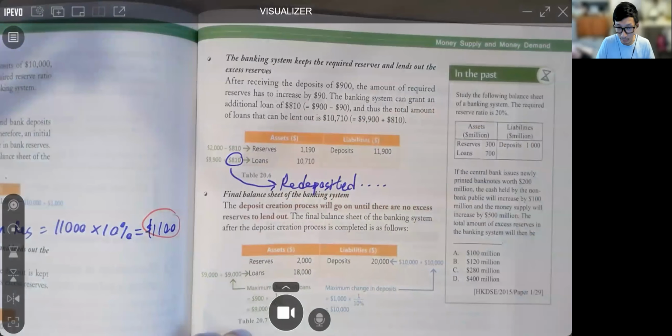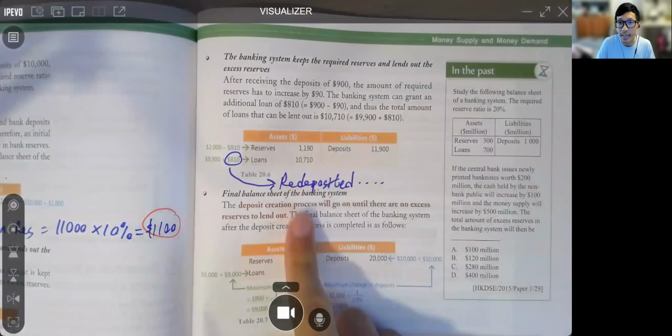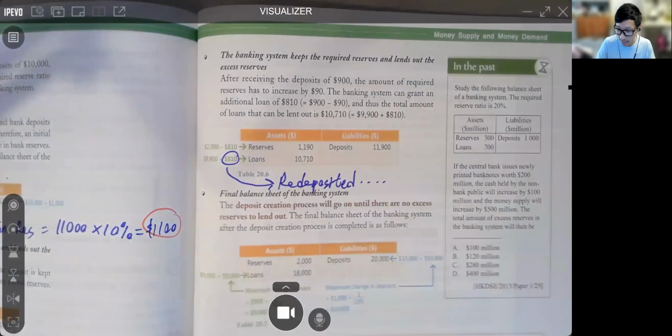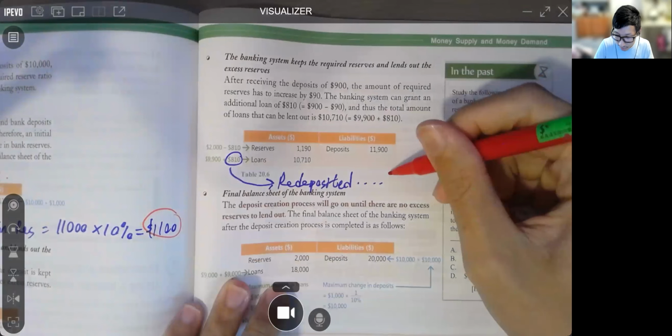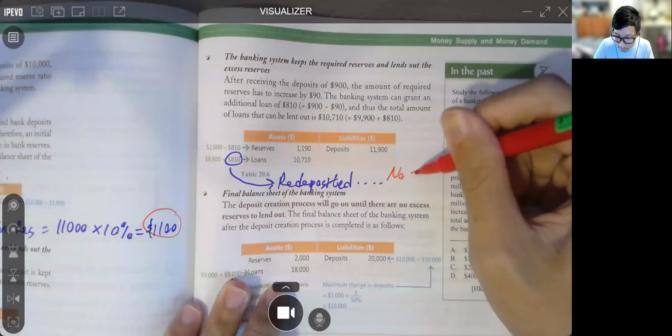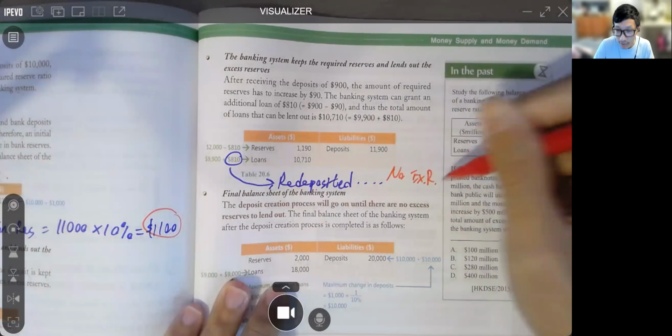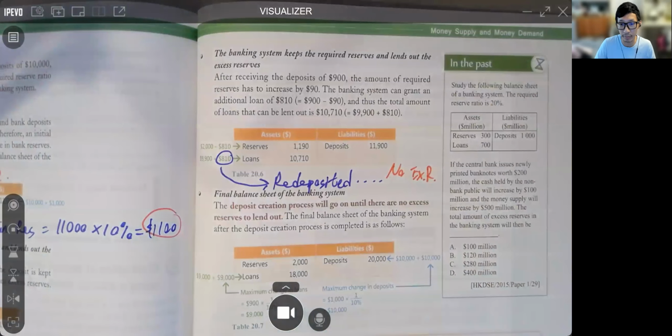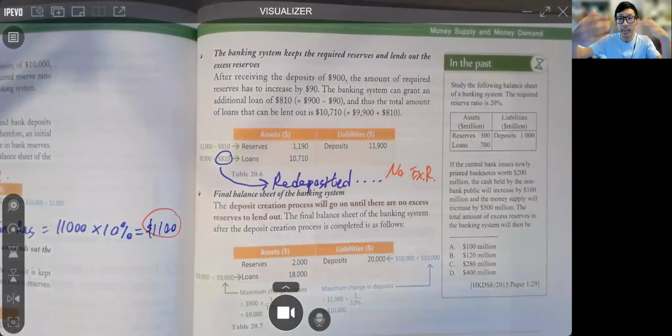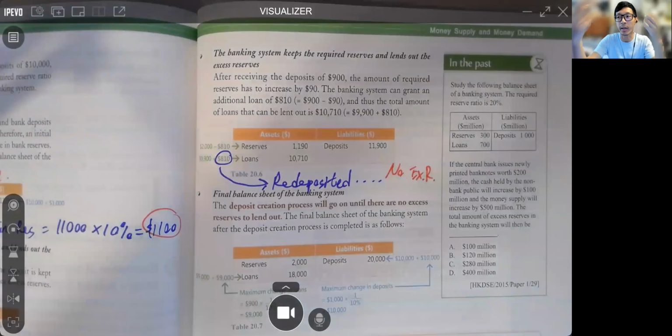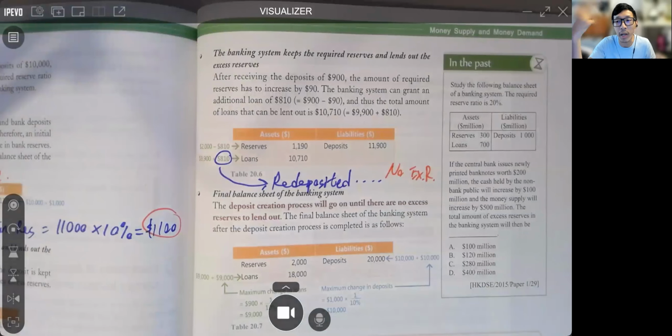This process would keep on going until when? 記唔記得啊？上課我哋講過啦。Until no excess reserve，直到冇晒 excess reserve 為止。So this is basically a sum to infinity，一路碌到 infinity 為止。